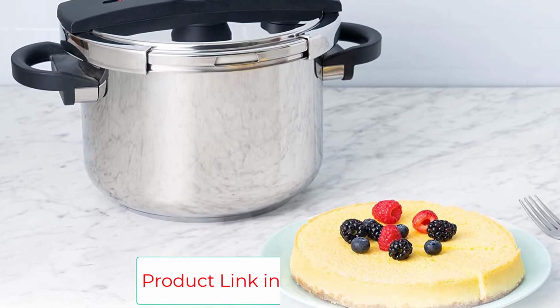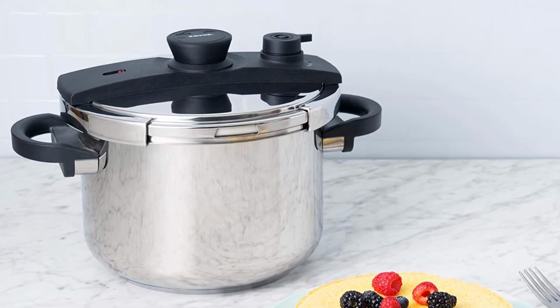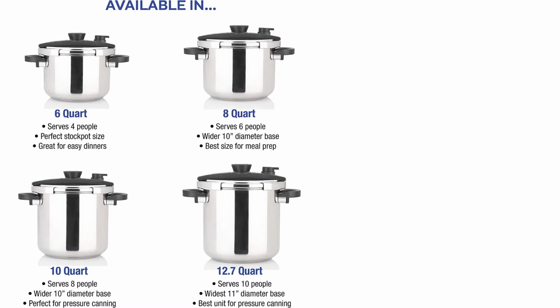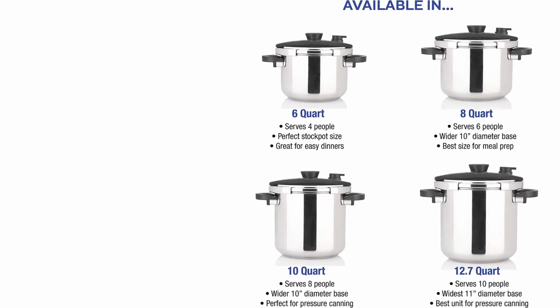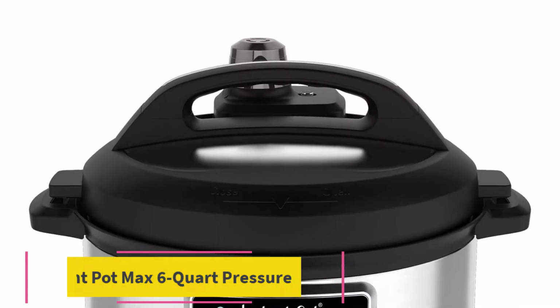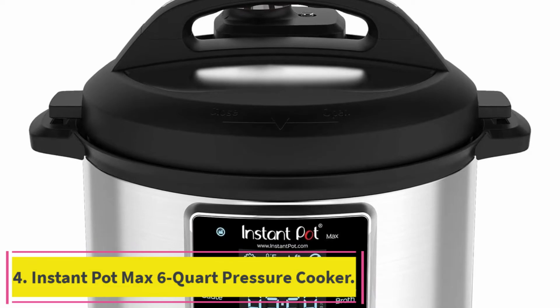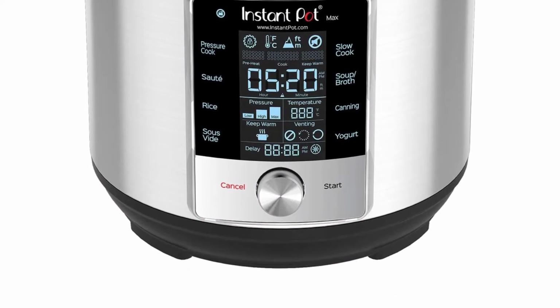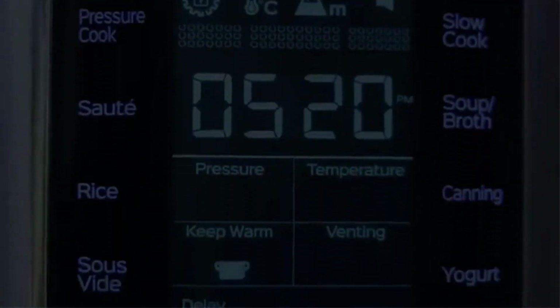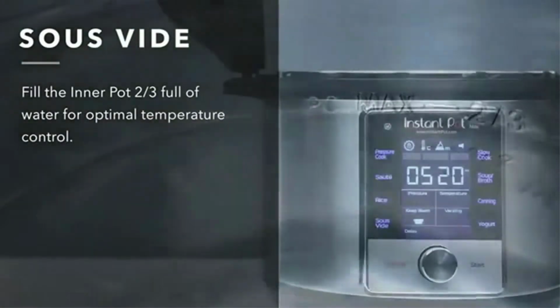That includes one reviewer who wanted something for both canning and cooking brisket or corned beef. This pot does it all. Quality and finish are excellent. Number 4. Instant Pot Max 6 quart Multi-Use Pressure Cooker. This Instant Pot pressure cooker can sustain a pressure of 15 psi, which makes it the best Instant Pot for